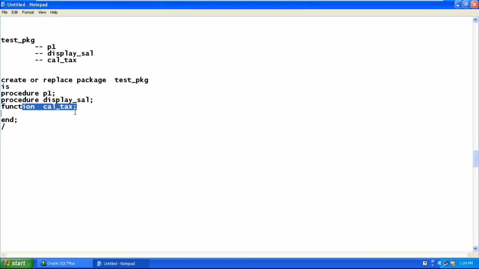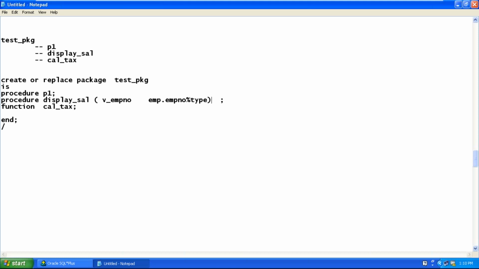Yes, Dilawar, you are saying something? No, I mean, declaration will contain the participants in the package. Yes, so what procedures and what functions. And remember, if the procedure is having parameters, you should include the parameters also. So my display underscore sal should accept what? Employee number. So I write, can I write v underscore employee number? emp dot employee number percentage type.